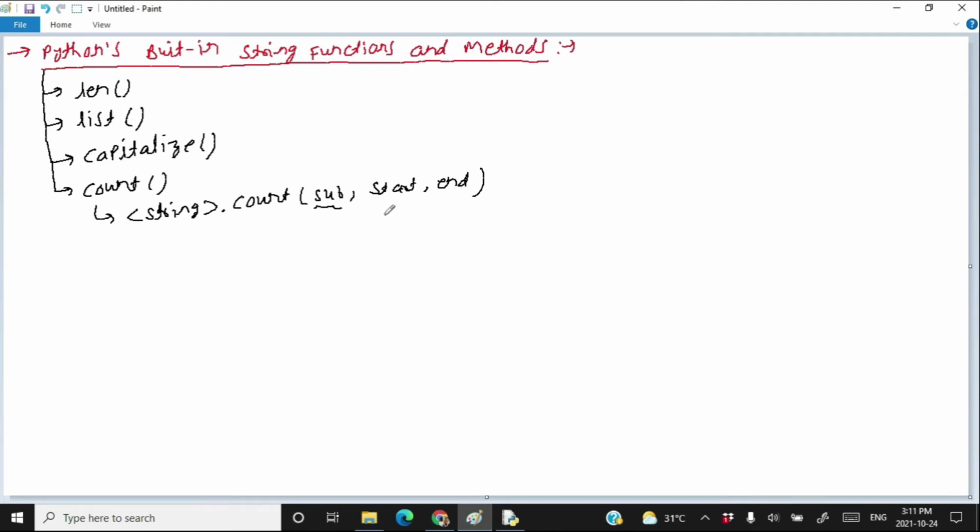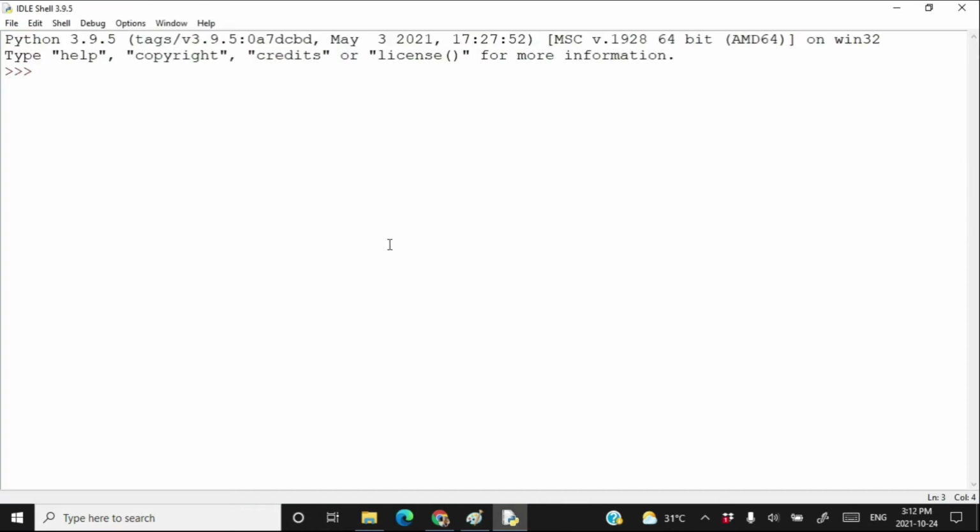Let's see an example. If I write here A B R A C A D A B R A, abracadabra dot count, and you have to count the string AB. It means in this string, how many times has the substring AB appeared? You want to count this.